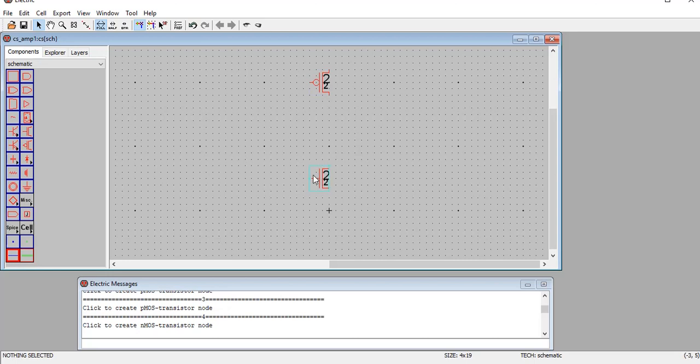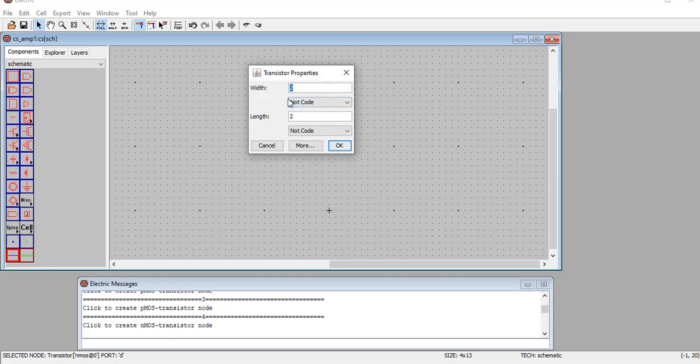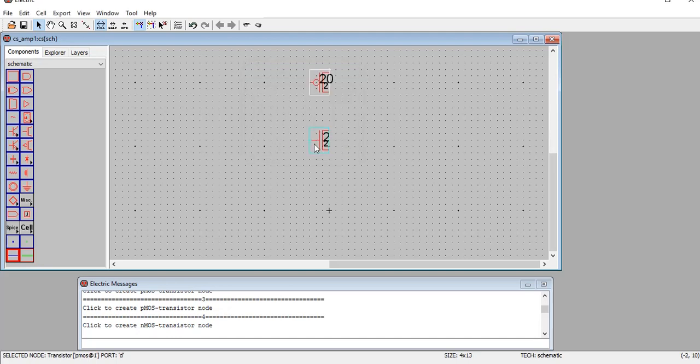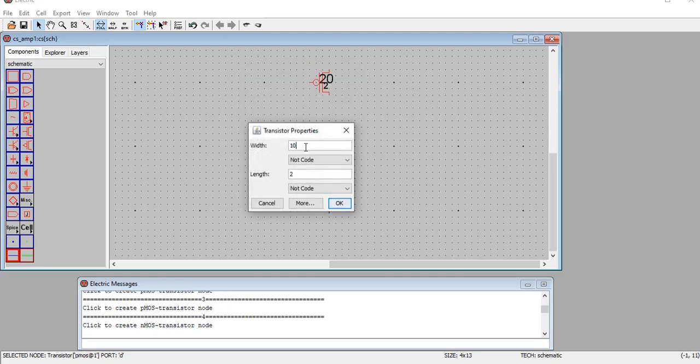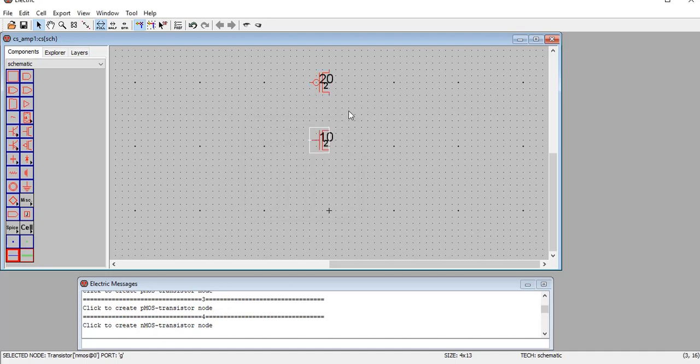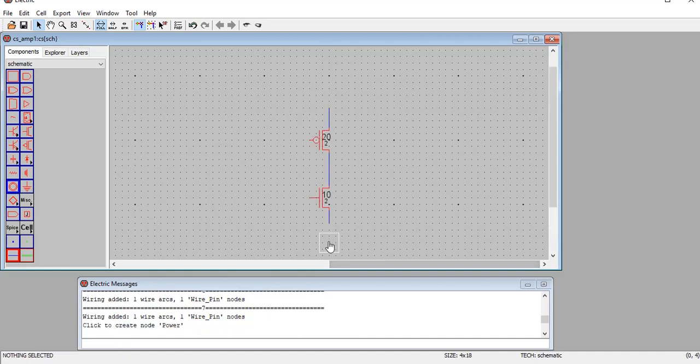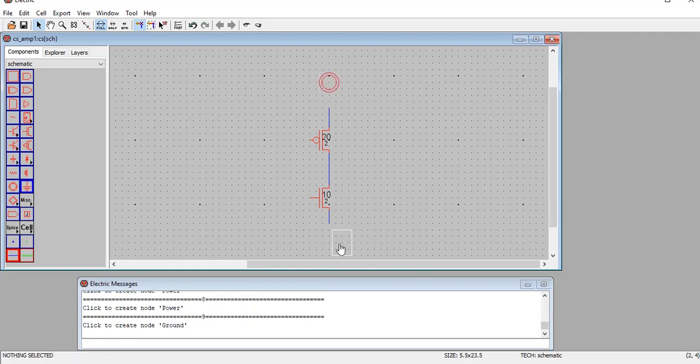Fine. Now I am just going to build the circuit first. The procedure we adopted for the schematic of the inverter remains exactly the same. The only difference is the nature, or the characteristic, of the circuit. So I require one PMOS and one NMOS. I will join them and connect the respective ground as well as the power supply. Here I am going to place the VDD, and here I am going to place the ground.